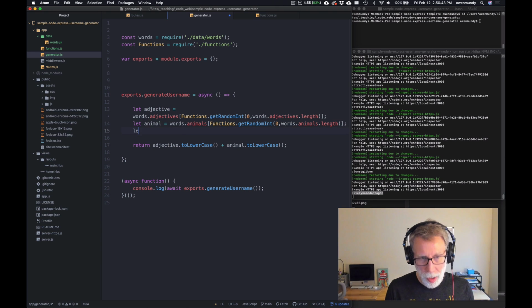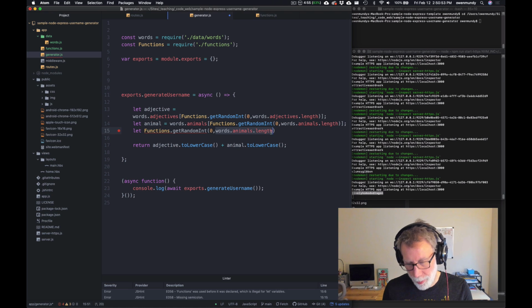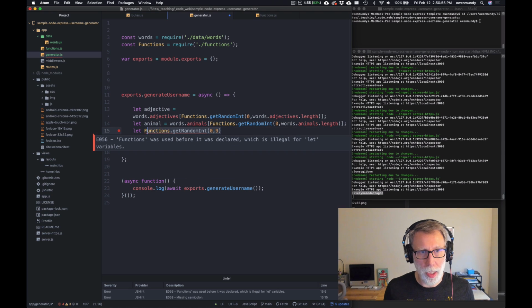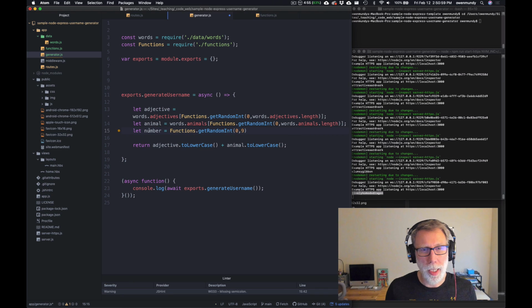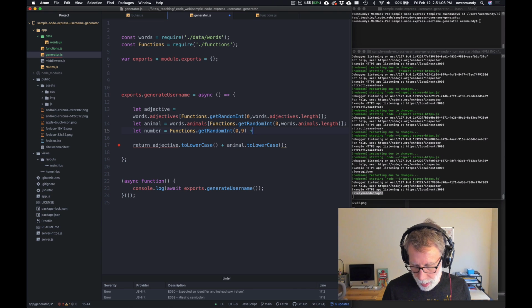Now let's get the number. And we'll use the same tool, the functions.getRandomInt, but this time we're going to get a number between 0 and 9, and this will be the number, and we want a 2-digit number, so we're going to add, and then I'll use, why don't we wrap it in a string here,